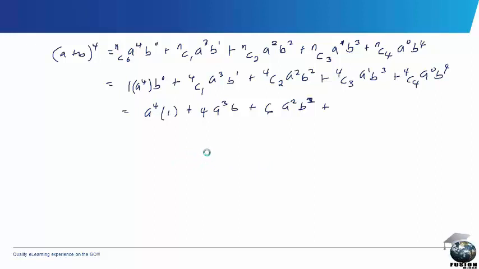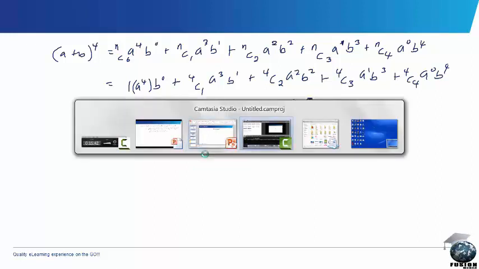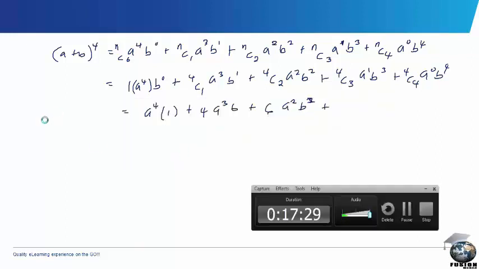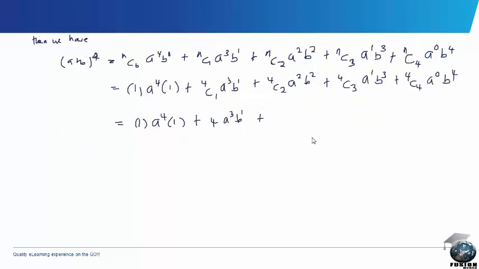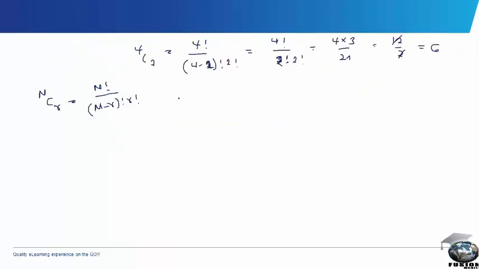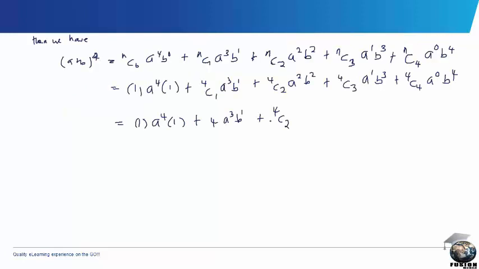And for 4 combination 3 we have as follows. We can just do it here. And so for 4 combination 2, just like stated above, we derived it to be equal to 6. So we can write 4 combination 2 equal to 6a squared b squared. Alright, for 4 combination 4,